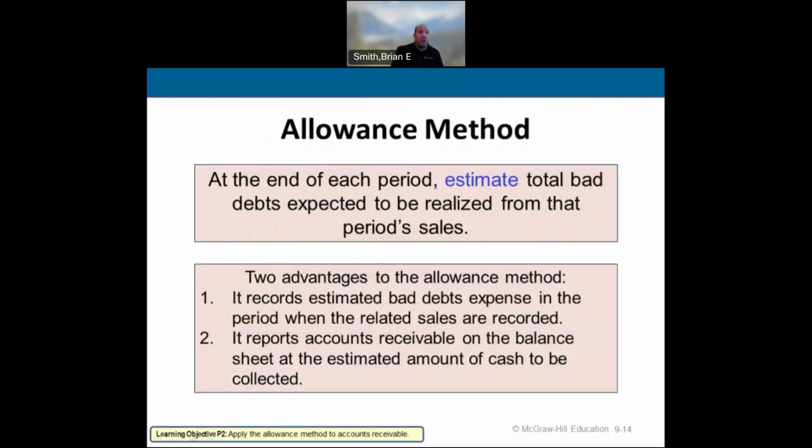So in this allowance method, what we can do is write off the estimate in the accounting period that we think those revenues are going to go bad. And we're going to report what we think we're actually going to collect from our accounts receivable. So we're more precise on our balance sheet and our income statement than we would have been using the direct write-off method. What does that gain? What does that benefit for us? It benefits us because now we're able to present financial statements to our investors and our creditors that are more accurate in what we believe the company is going to look like.